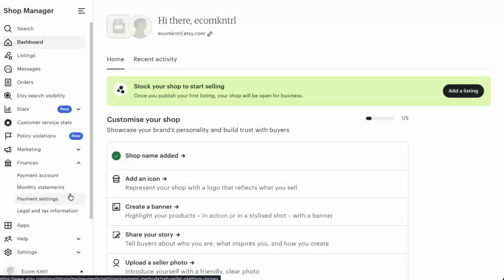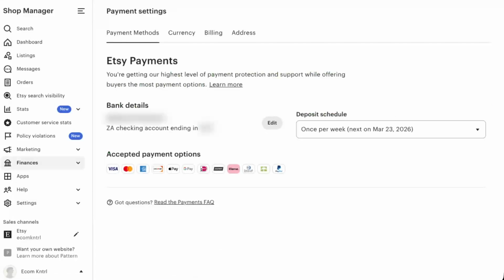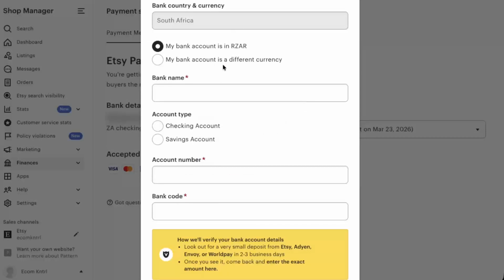This is where your current bank details and payout methods are stored. Give the page a moment to load, and you should see your existing bank information. Next, look for an Edit option near your bank details and click on it. This will open the form where you can change your payout bank account. If Etsy asks you to confirm your identity, follow any on-screen prompts, as this is just a security measure to